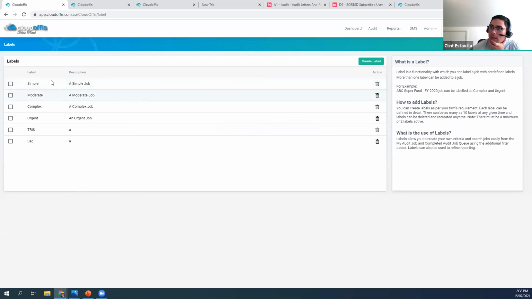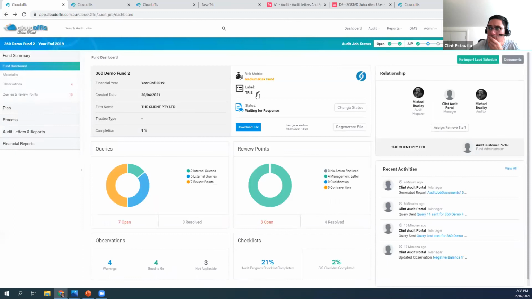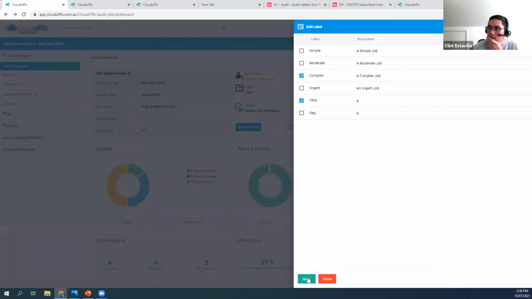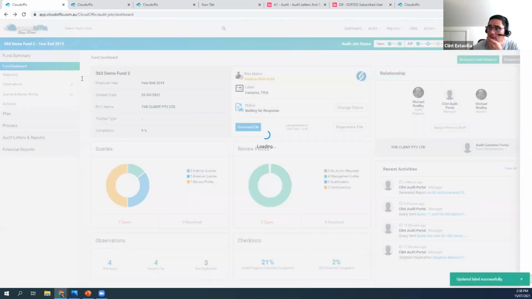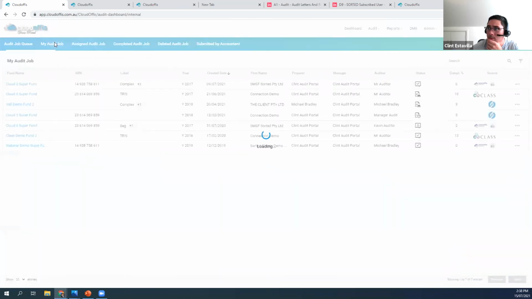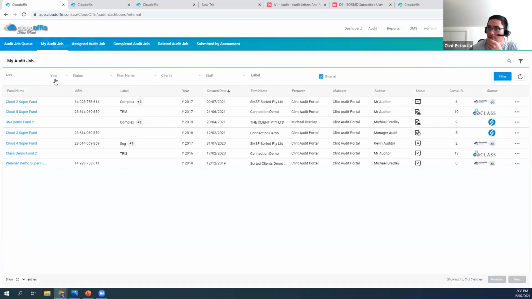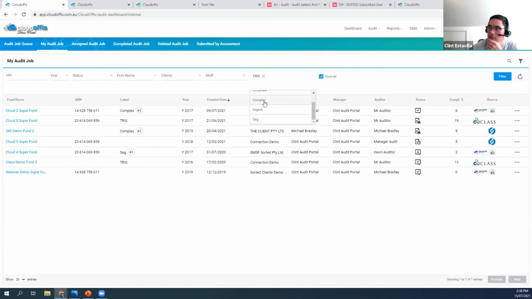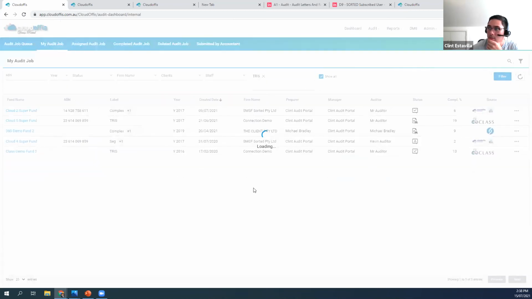As an example, we've set up some complexity logics as simple fund, moderate or complex fund, urgent or not urgent, whatever, or the pension stage or where it's up to, if you want to identify that. So at the job level, you can then go and mark what's appropriate for that job. Okay. And then you can use that for things like going into your list of jobs, using your filter, which we've got a range of useful filters there, but client, staff, firm name, year, status, etc. But you can then go and filter by label and show us all the ones that are TRIS in this